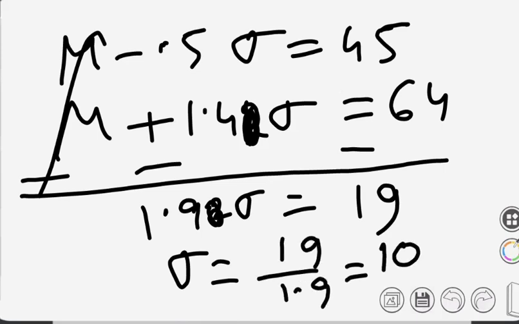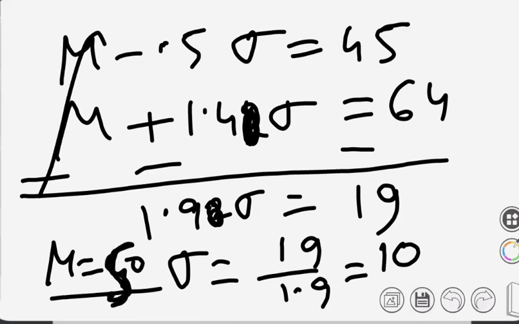that is equals to sigma equals to 10. So sigma equals to 10, mu equals to 40. তাই তো? Solving these two equations, we can find out sigma equals to 10 and mu equals to 40. Now 40 na 50. Mu equals to 50. 45 plus 5, sorry, 50. Mu equals to 50, তাই তো? Yes, sir. 50.